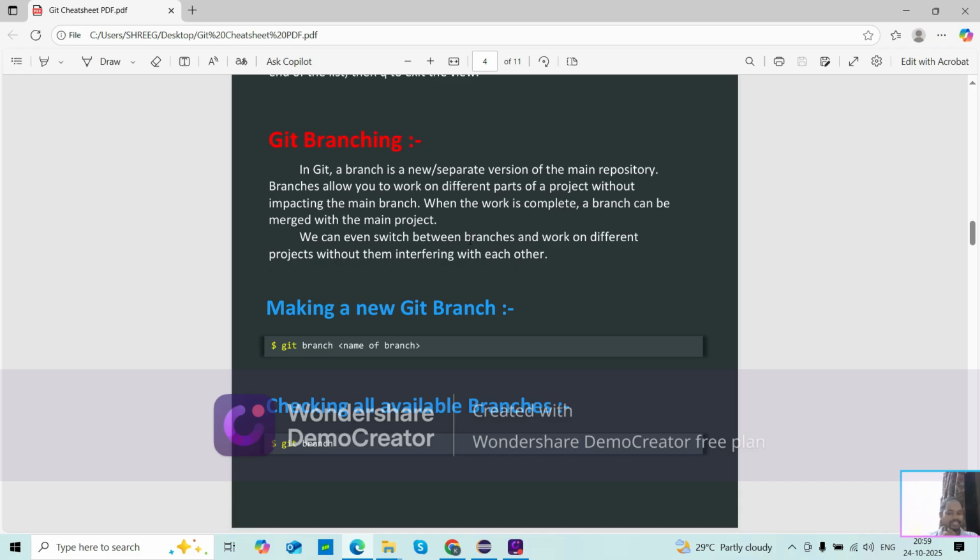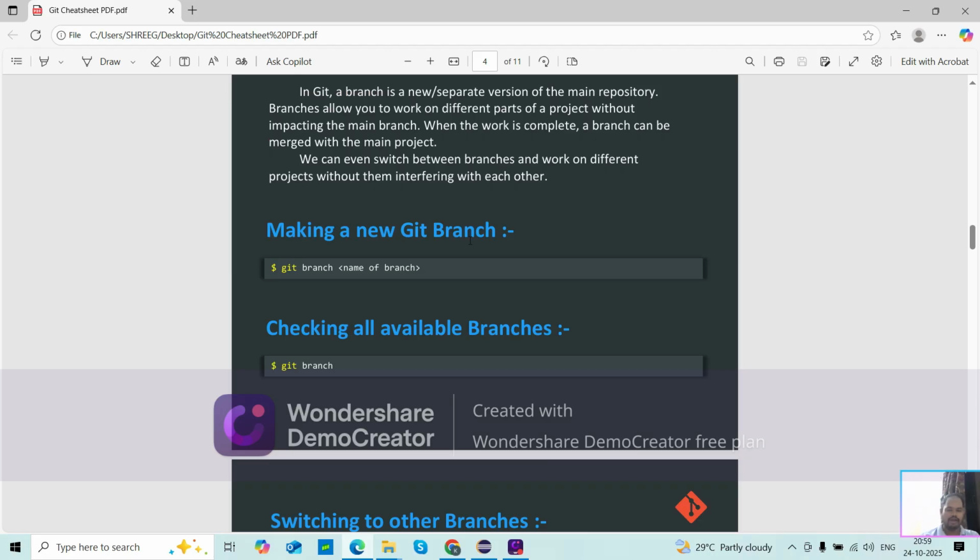Branches allow you to work on different parts of a project without impacting the main branch. When the work is complete, the branch can be merged with the main project. We can even switch between the branches and work on different projects without them interfering with each other.